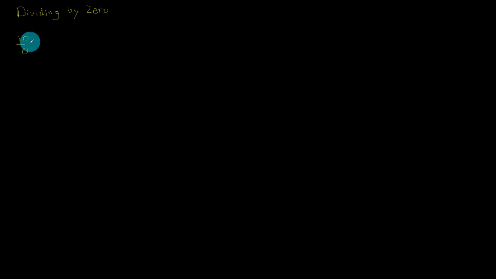Most people will probably say 10 divided by 0 is equal to 0. But this is not the case. So let's go ahead and put a slash through that equal sign. This tells us that 10 divided by 0, well, it's not equal to 0. Well, before we figure out why this is what it is, let's go ahead and just take that number 10